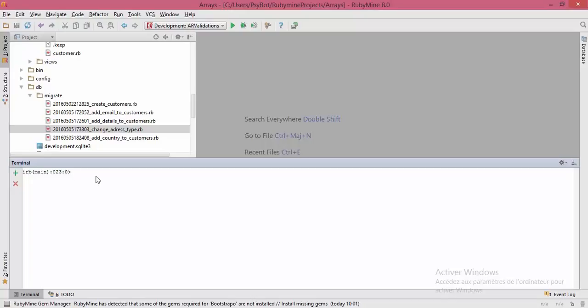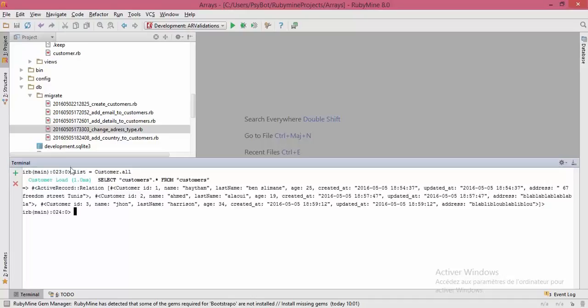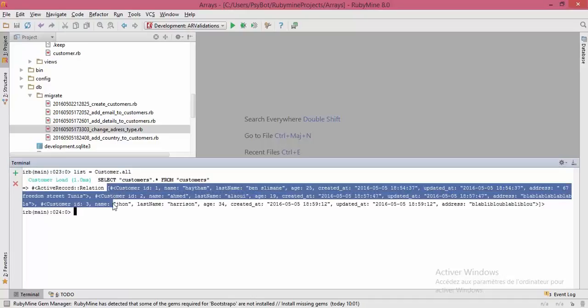I'm going to call it list, equal sign, then the name of your model, Customer, then dot all. So list equals Customer.all will retrieve all the records from your database and display them inside the Rails console. So I hit enter,